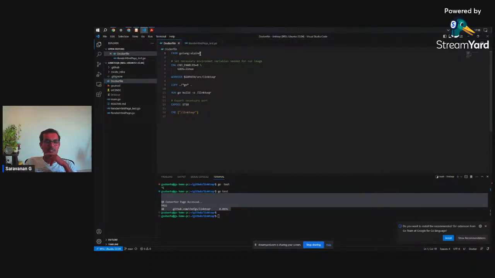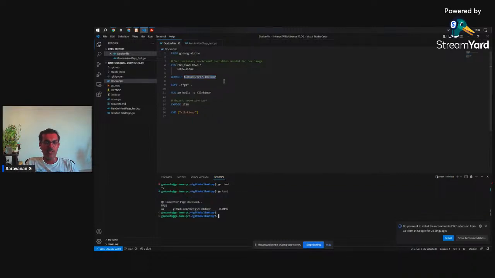The first line of the Dockerfile should have the image we are using, and then some of the environment variables needed to run the Go-based commands in our image. Then I'm setting up the working directory inside the image, and I'm copying all the Go files into the image's working directory path. If I give ls *.go, it will show only the Go files that are needed to